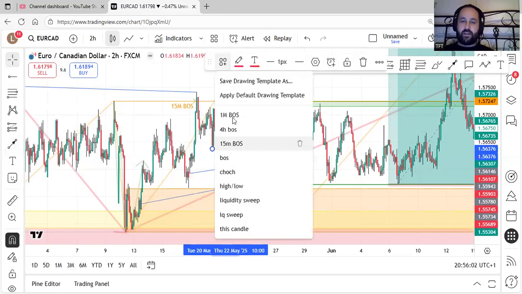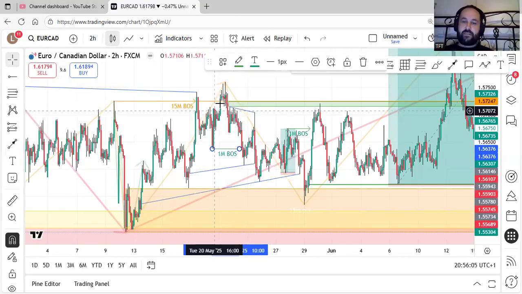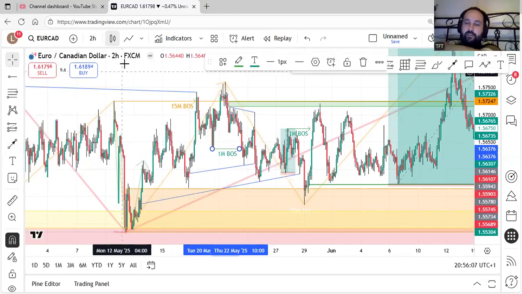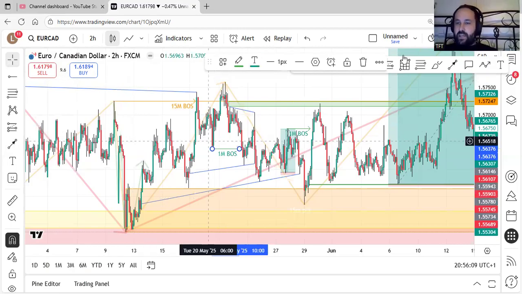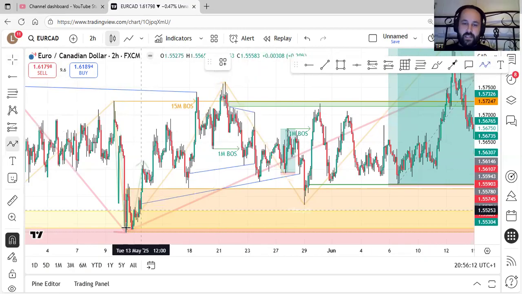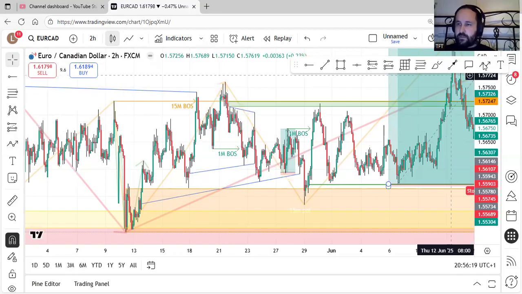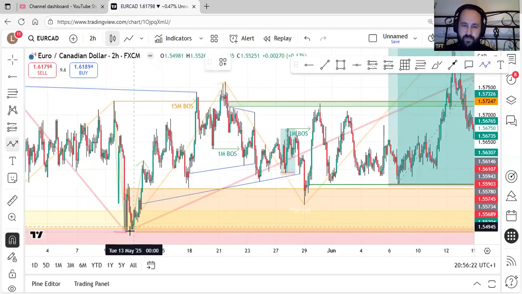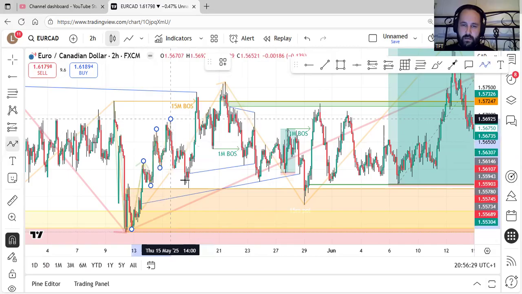There's possibly a 1 minute break under there. Like I say, because this is the 15. I know I'm on the 2 hour, but it's so I can fit more candles in. But as the sort of structure for it goes, I've already got that marked sort of. So structure there, there. I'll turn this darker in a minute so you can definitely see. Maybe you can get a couple of downswings there. Get the gist anyway.